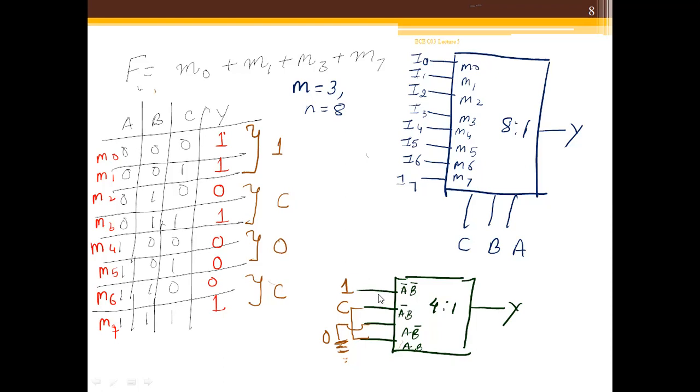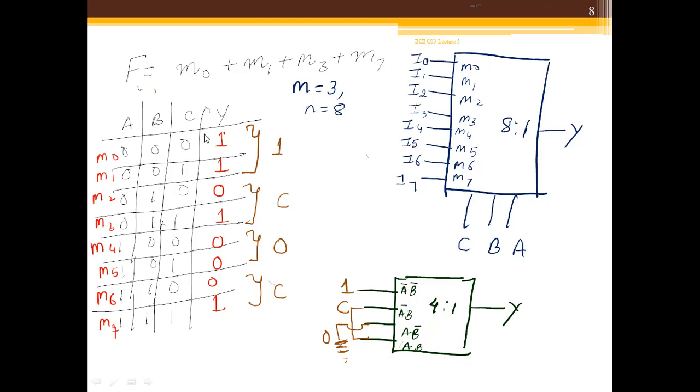A bar B bar, output is 1, so I connected it to logic 1. A bar B, it is C, so I connected it to C. A B bar, output is always going to be 0. And for AB, it is again C. Now select lines in this case are going to be AB. I've missed it here, so you can just put it. Select lines are A and B here. So this is how we can implement any logic function using the lower order multiplexer.